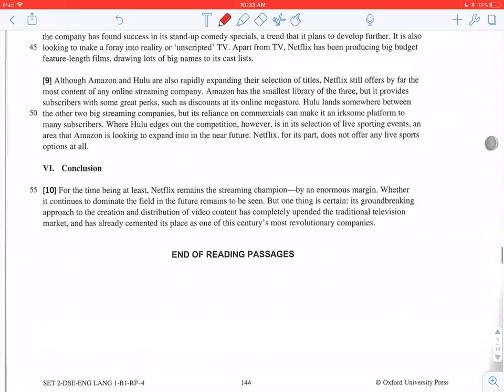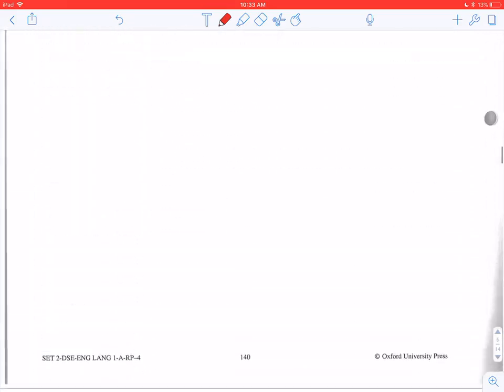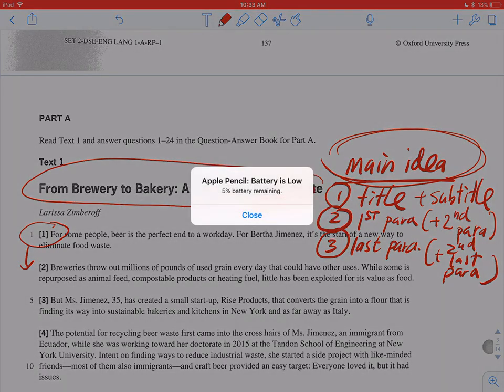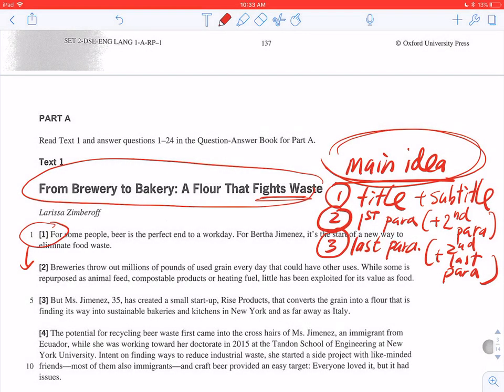So this is basically me recapping the skills in finding out the main idea of each passage, because if you have established the main idea of each reading passage before attempting all the questions, you are trying to bring this understanding to help you answer or guess some of the answers. All of the paragraphs are